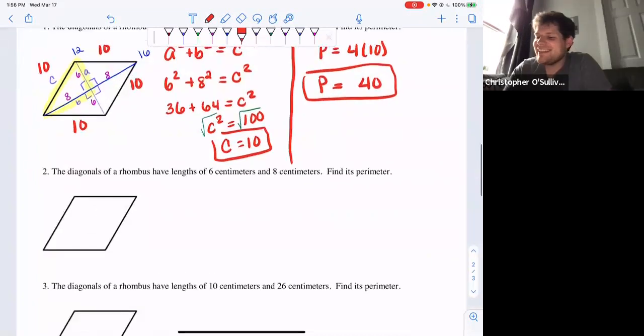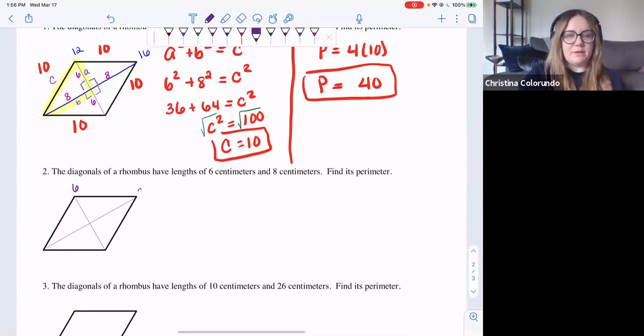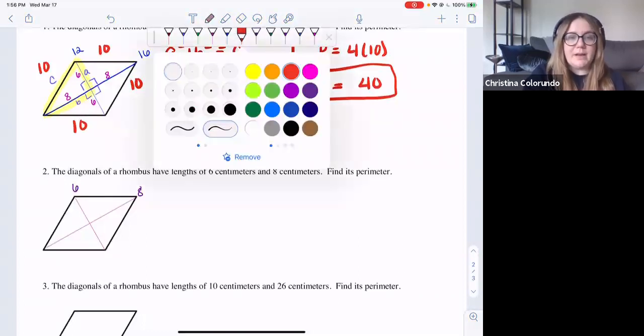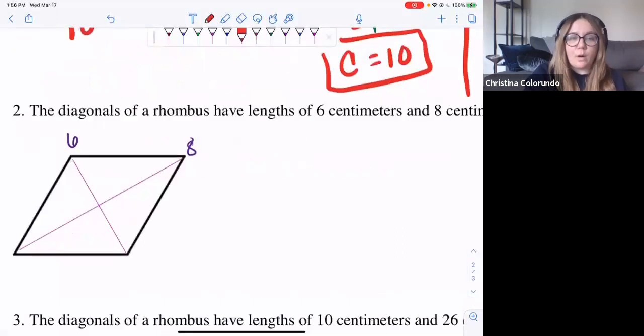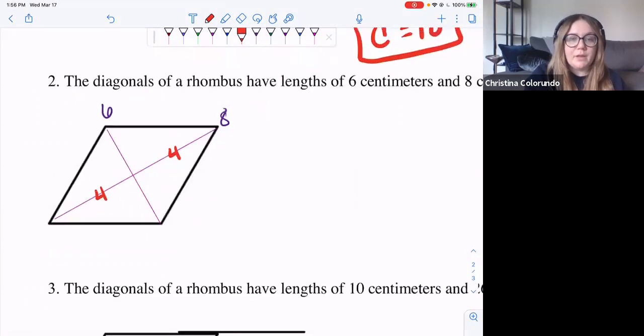Sure. All right. So in this question, we have to find the perimeter of a rhombus that has diagonals of 8 centimeters and 6 centimeters. As you can see, Mr. O'Sullivan is drawing the diagonals and labeling them 6 and 8. From there, we're going to find the bisects of each diagonal. So the bisect of the diagonal that is 8 is going to be 4 and 4, because 8 divided by 2 equals 4. The bisects of the diagonal that is 6 is going to be 3 and 3 because 6 divided by 2